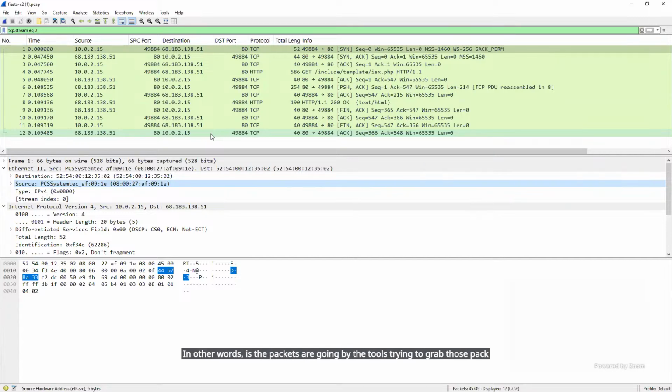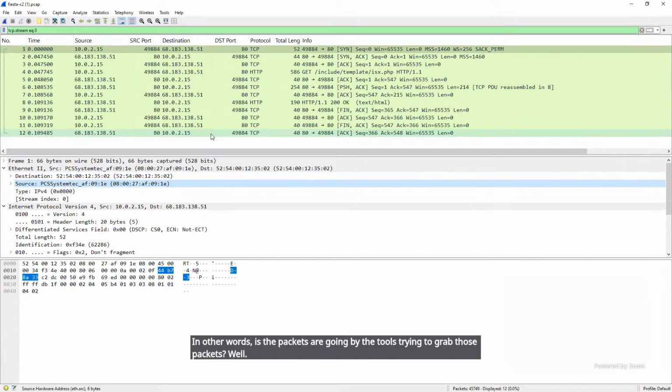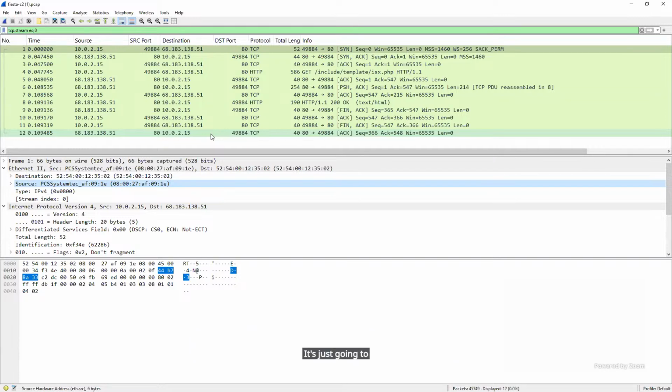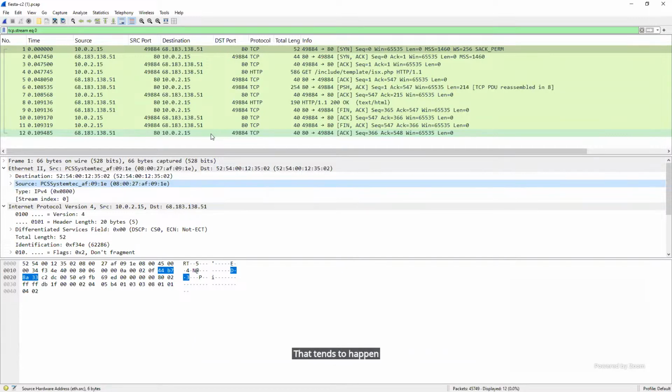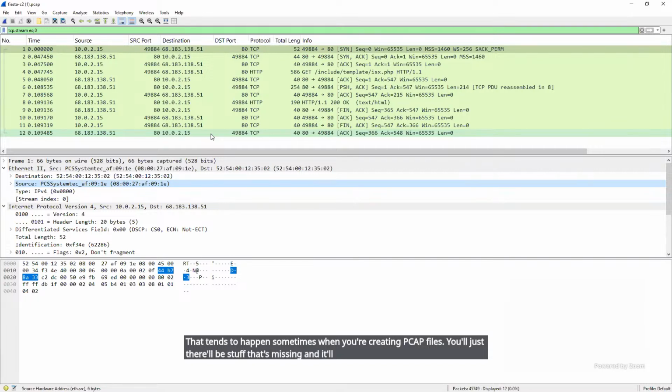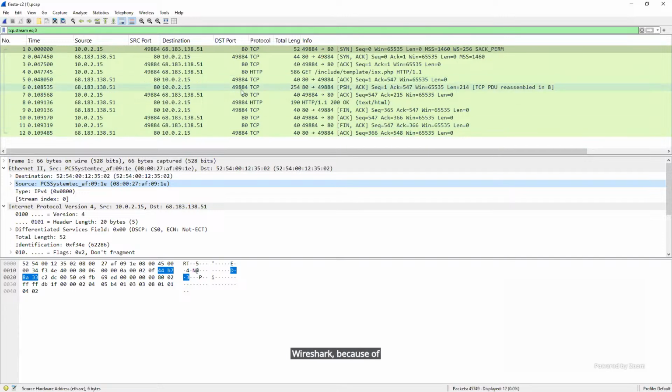Well, if a buffer gets filled up, if it runs out of CPU availability, it's just going to ignore packets as they go by until it's able to recover those resources, which means you'll miss packets that go by. That tends to happen sometimes when you're creating PCAP files. There'll be stuff that's missing, and it'll be missing because the system wasn't capable of keeping up with it. Wireshark, because of all of its additional overhead because of the UI, tends to run into that problem more often